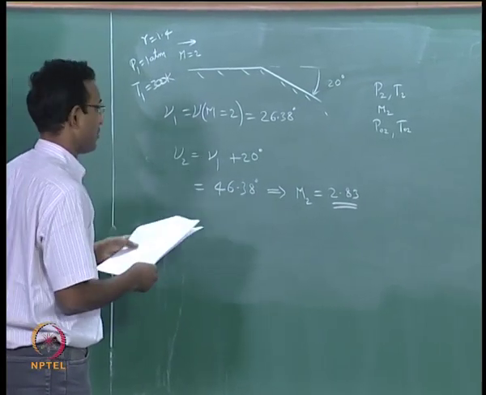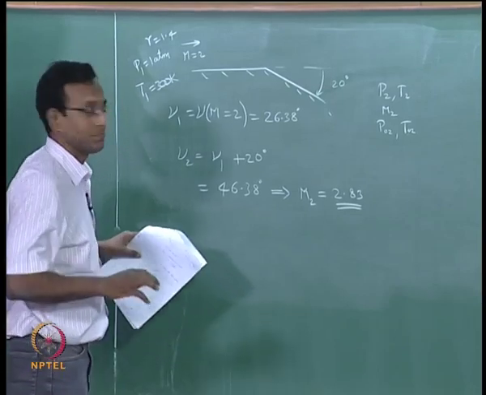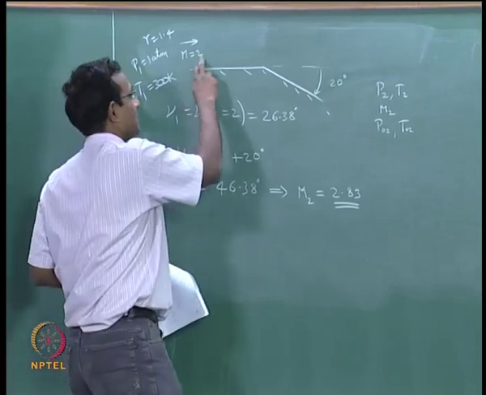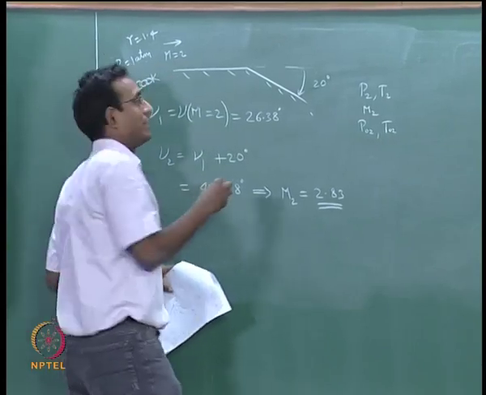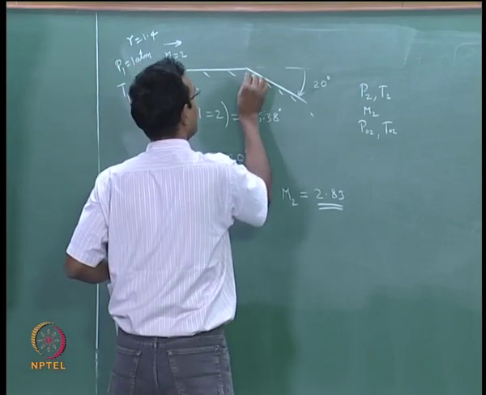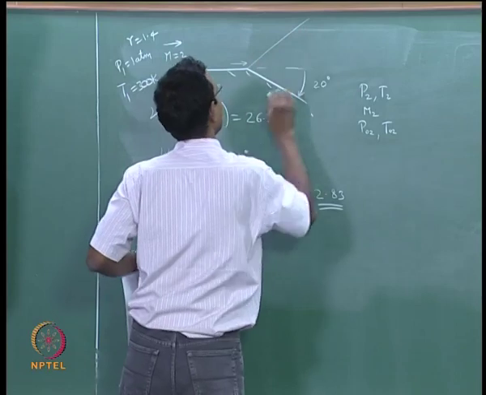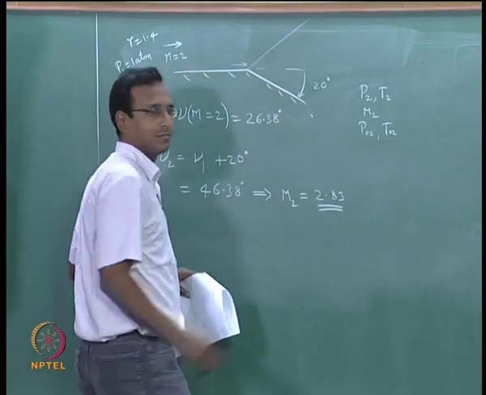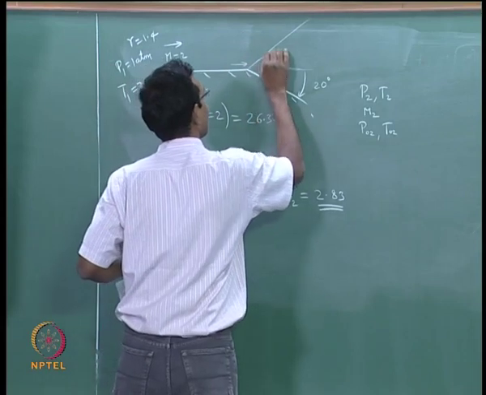The next thing I want to do is draw that shape there, expansion fan shape, exact shape. How will I do that? What is the first angle going to be? 30 degrees, sin inverse 1 by M1, okay, sin inverse 1 by 2. So, with respect to my flow vector, it is going to be a 30 degree line. That is my first. It is really not 30, assume it is close to 30. This is your first line.